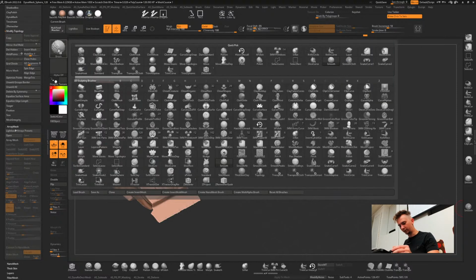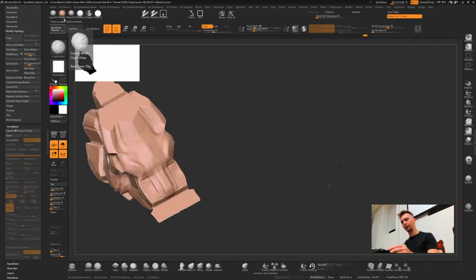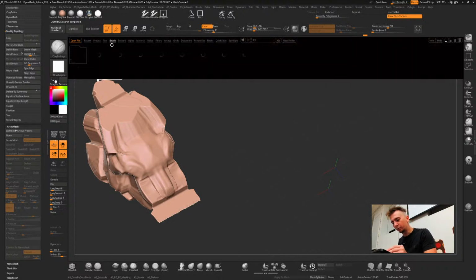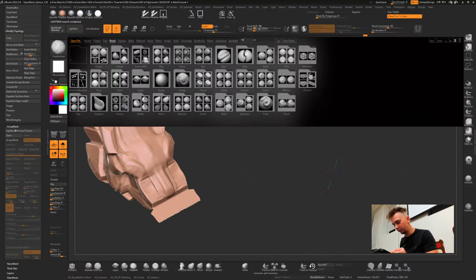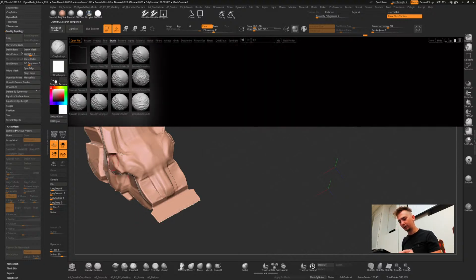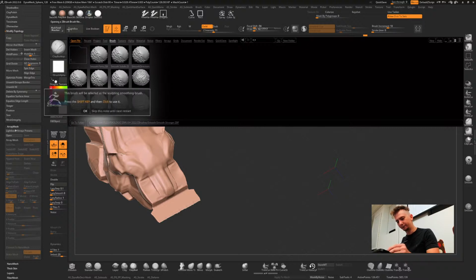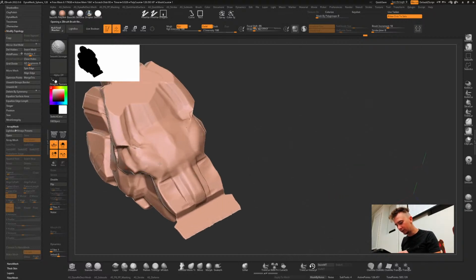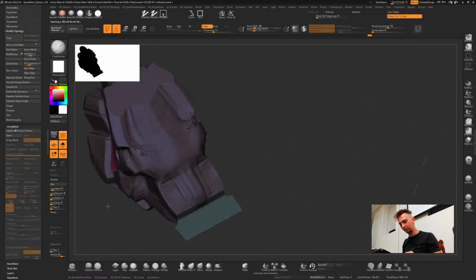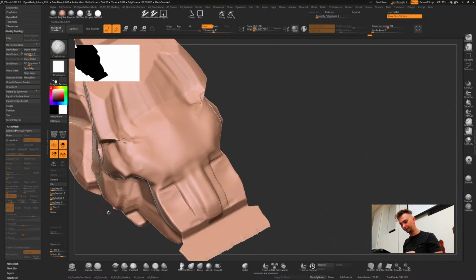So what you can do, and on this machine I don't have it in my startup folder, you can go to Lightbox, go to Brushes, go to Smooth, and if you know the alphabet, find Smooth Stronger. This brush is great because it smooths everything, even if it's super dense.